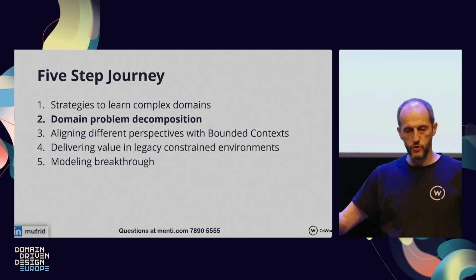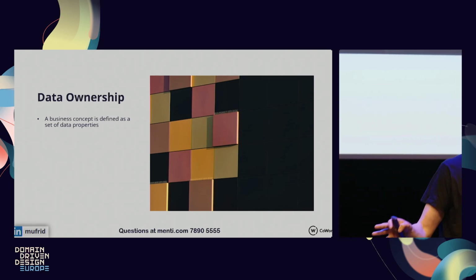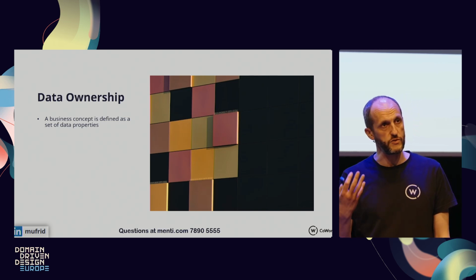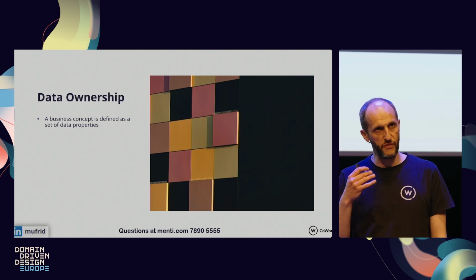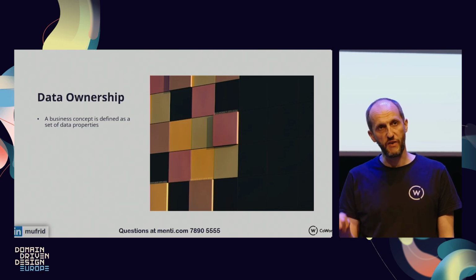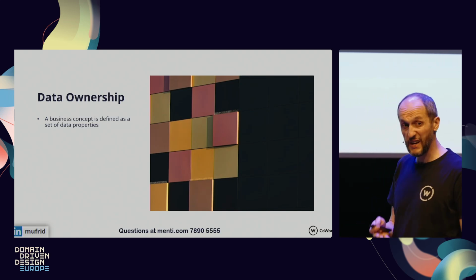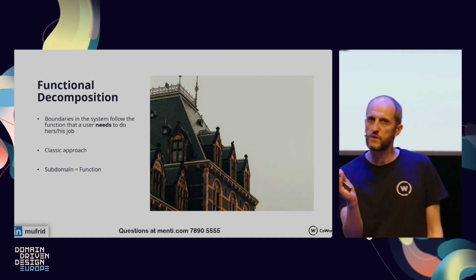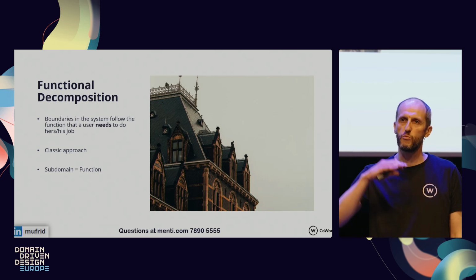So our approach was to use something called data ownership. Now we're going into more details here. So I know that a model is all about behavior, not data. However, we found out that using data ownership, defining every concept as a set of data properties or parameters, would help us validate the different options. So what are our different options? We started with the classic approach, which is called functional decomposition, the most visible one. What are your users doing in the system? The functions. So you pick the functions and you model around it.